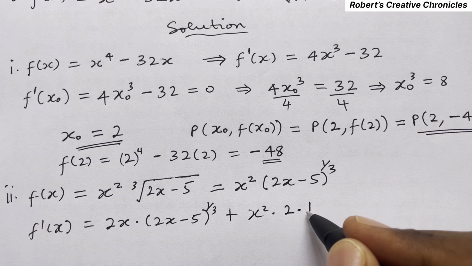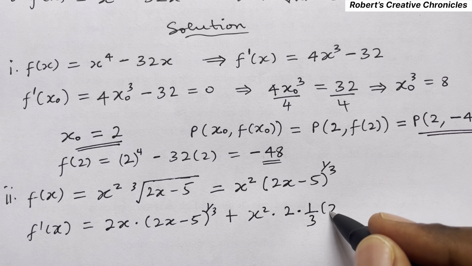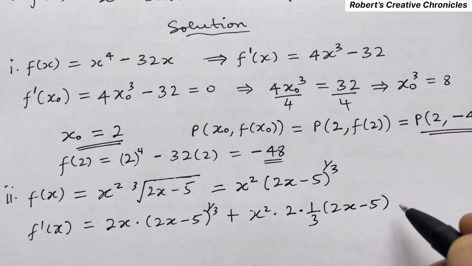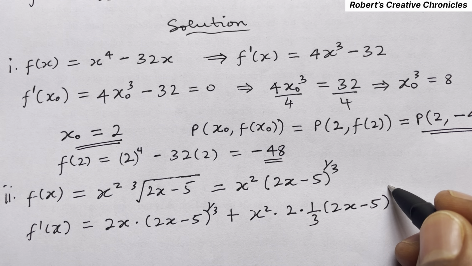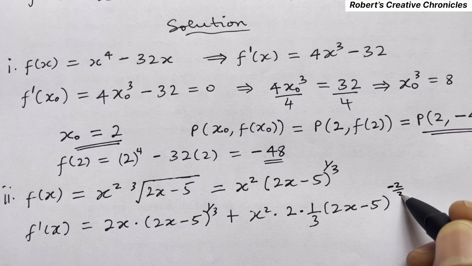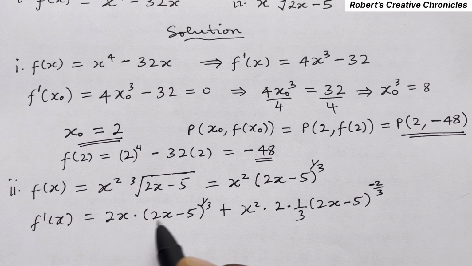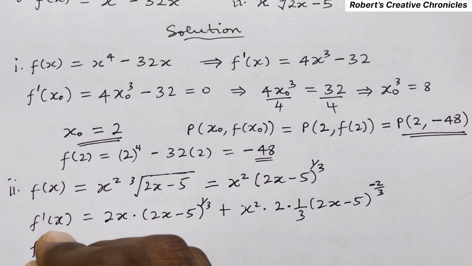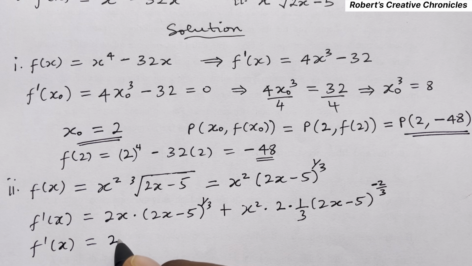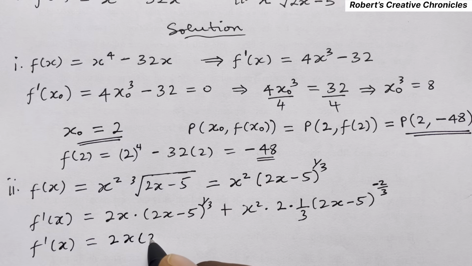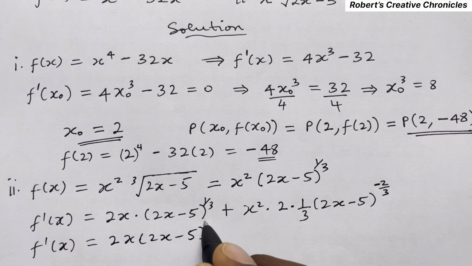The derivative of the external function is 1 over 3 times 2x minus 5 raised to 1 over 3 minus 1, which is negative 2 over 3. Then we reduce this. This becomes 2x minus 5